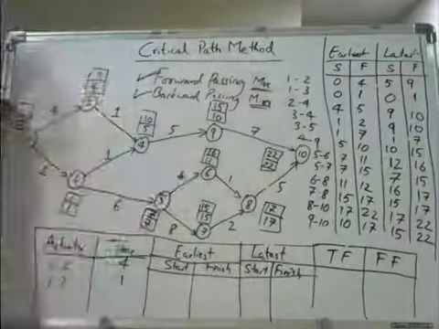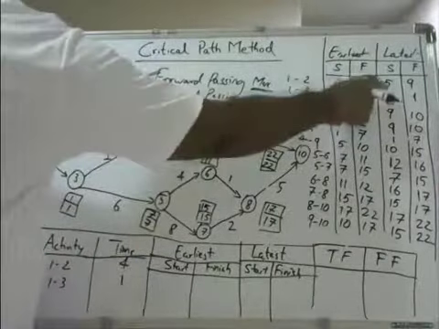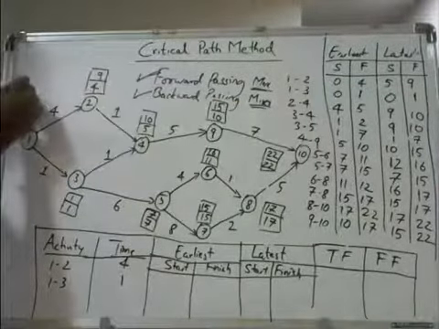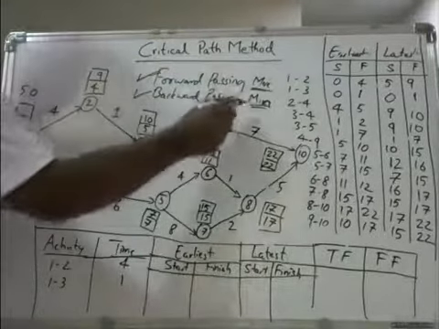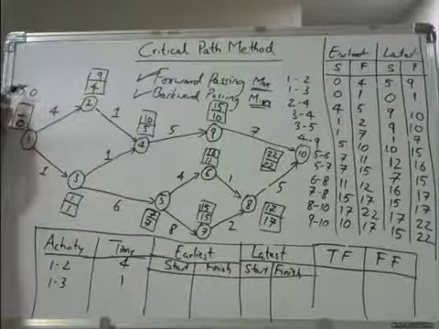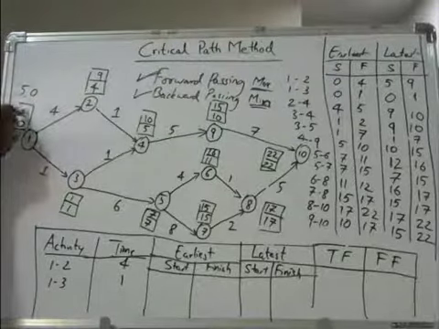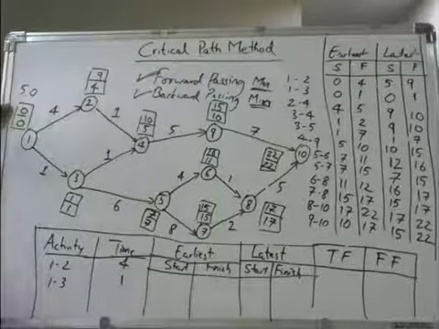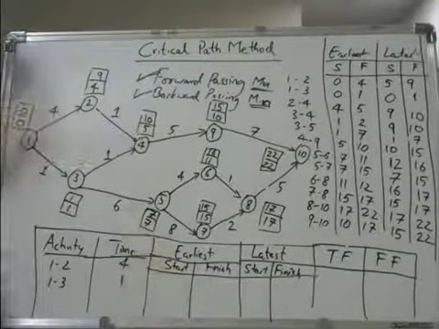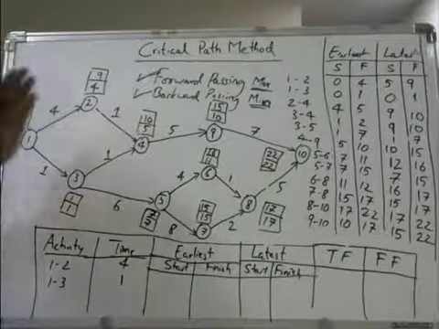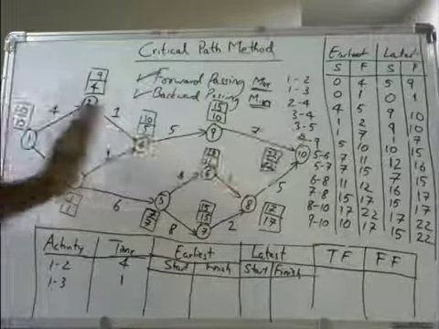Okay. To fill this one, you have two values, 5 and 0. Which one to fill? While backward passing, we take the minimum amount. So between 5 and 0, 0 is the minimum, so you fill 0 here. Alright, in this way you have filled. You have done the forward passing and you have done the backward passing.